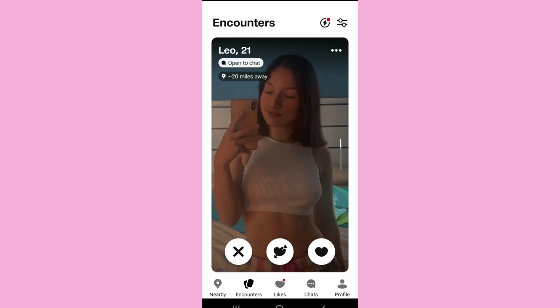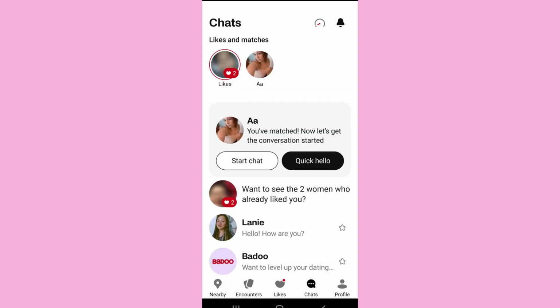After you log into your Badoo account, you'll come to the encounter section like this. Now let's go to the chats from the bottom. After that, it will show you all the chats that you have in the app. Now if you are not able to send a chat message with anyone on the app, then it could mean